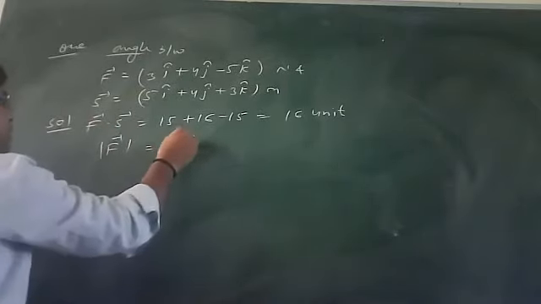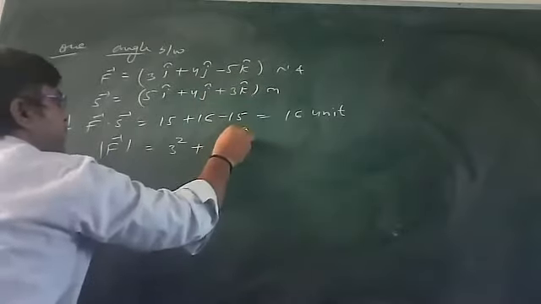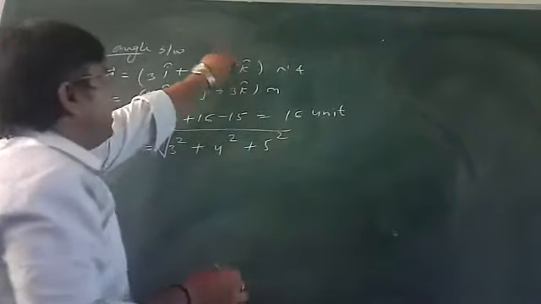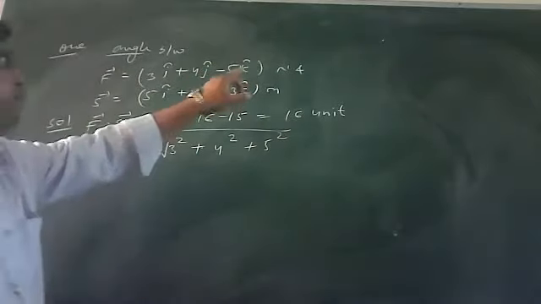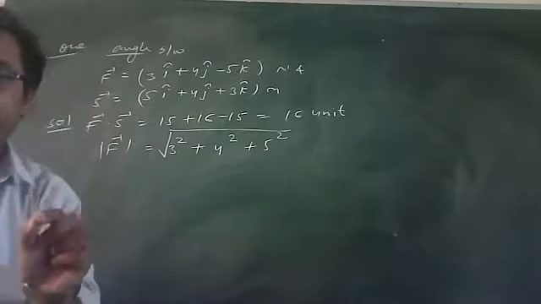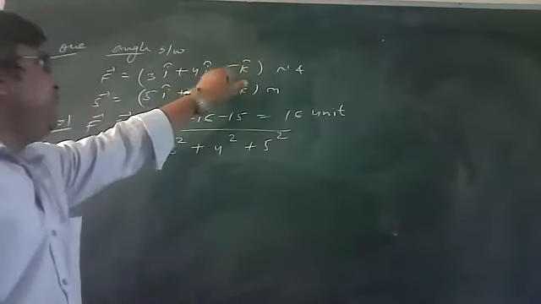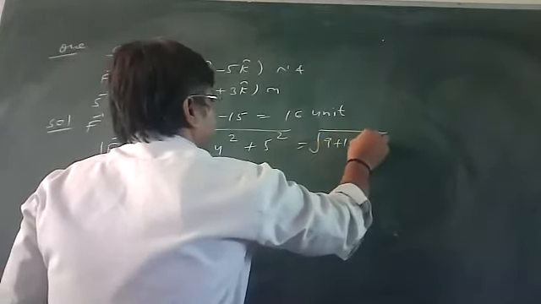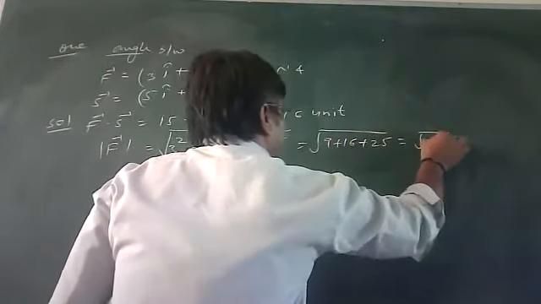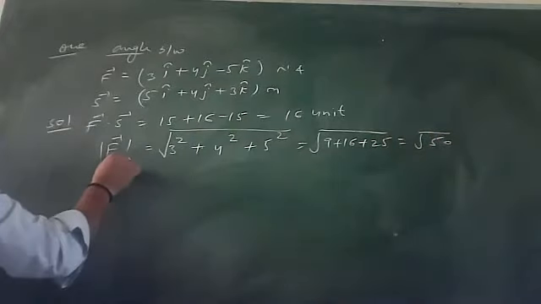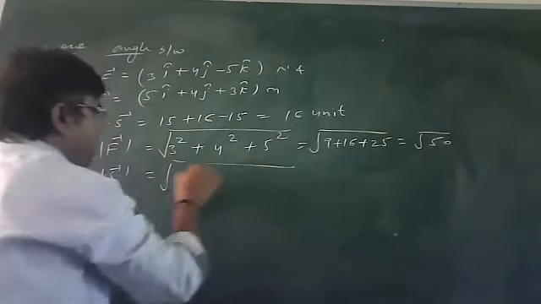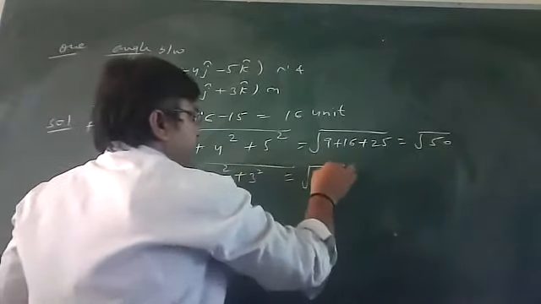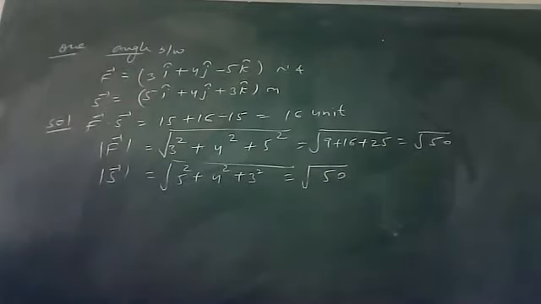Square of x component 3 plus square of y component 4 square, plus square of z component. Don't worry, this minus sign is only for direction. Magnitude is 5 only. Direction is minus k cap. To solve it, you will get here 9 plus 16 plus 25. It will be root 50. Similar manner, go for displacement magnitude. You will get here square of 5, square of 4 plus square of 3. Same terminology, you will get again square root of 50.